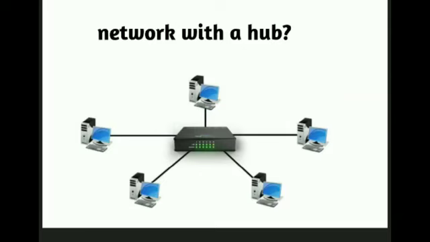In a network with a hub, when a computer sends information to the hub, it replays the data on the whole network. The function of a hub is to broadcast data to all ports, and it shares the bandwidth. For example, if 10 devices are connected to a hub with a bandwidth of 100 Mbps, then each device will have 10 Mbps. Now it is used in limited networks. That means the more computers are connected to a hub, the more the speed will be low and degrade.